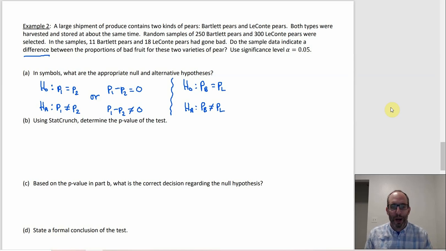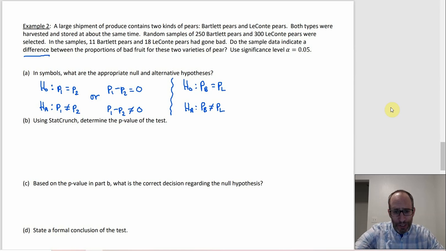I mean, if you just follow the order they show up in the wording, the first one that shows up is a 1, the second one that shows up is a 2. And if you always do it consistently like that, then you'll know which one's which, right? And I think that's probably a good strategy. But then if we're going to use StatCrunch to get the p-value,